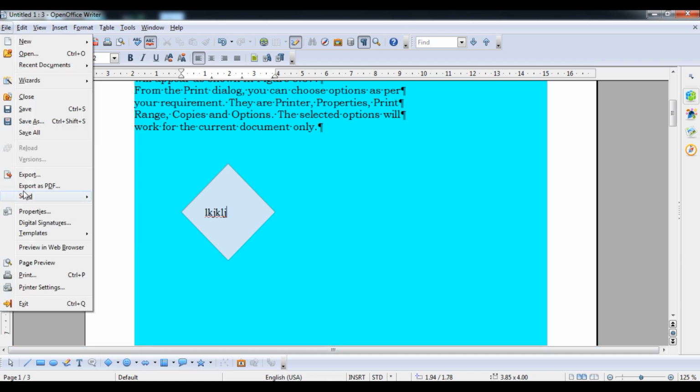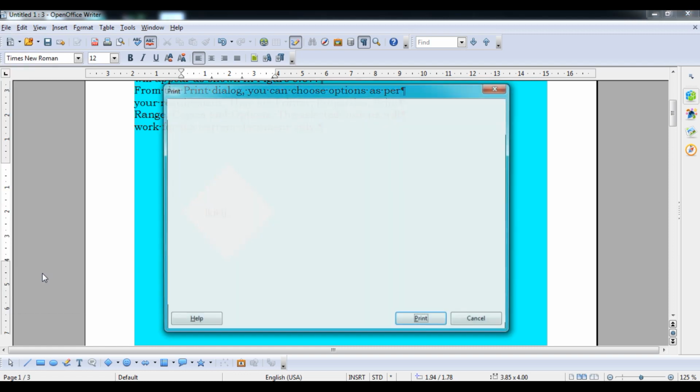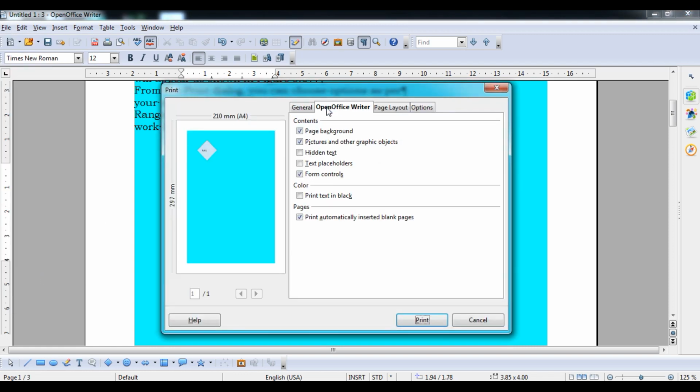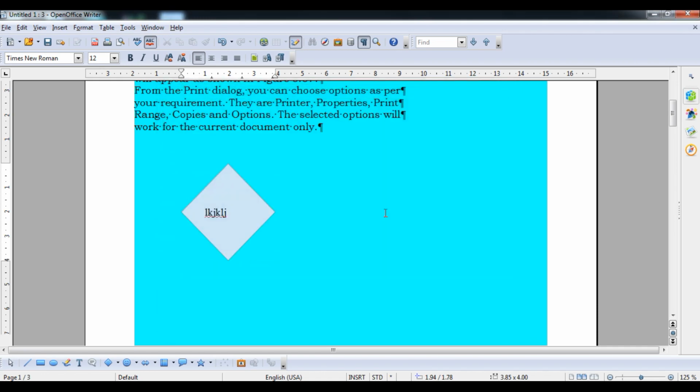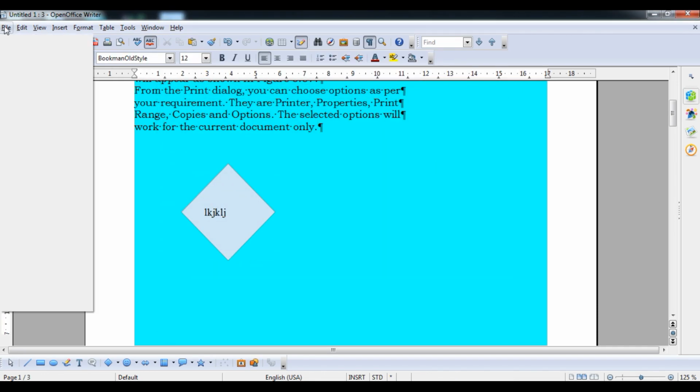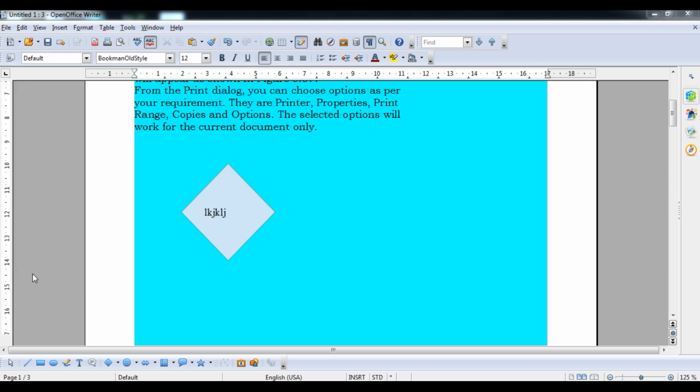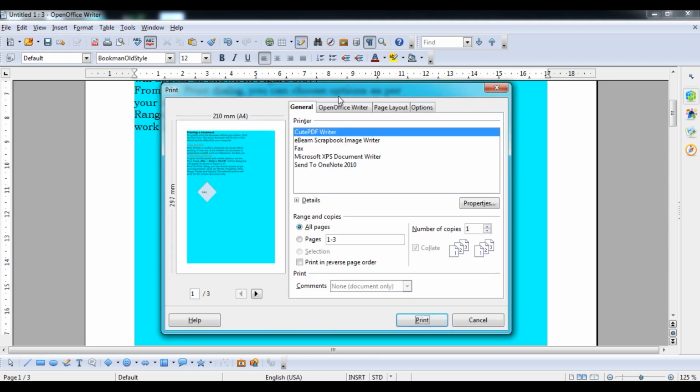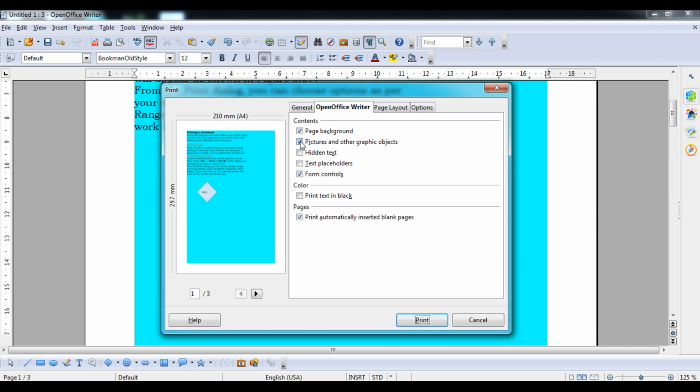And now I'm going to print it. So go to the file option and then after that go to the print option. Now you can see the page preview. Okay, so here you can see, student, I'm not selecting this. Okay, I'm going to go to file and then click on the print option, and here all pages are there, Open Office.